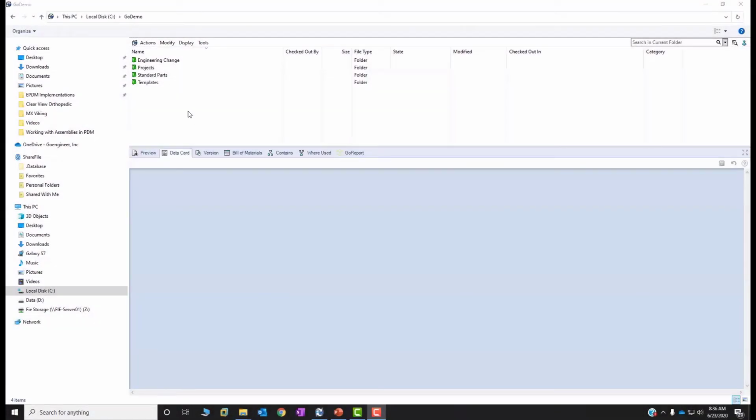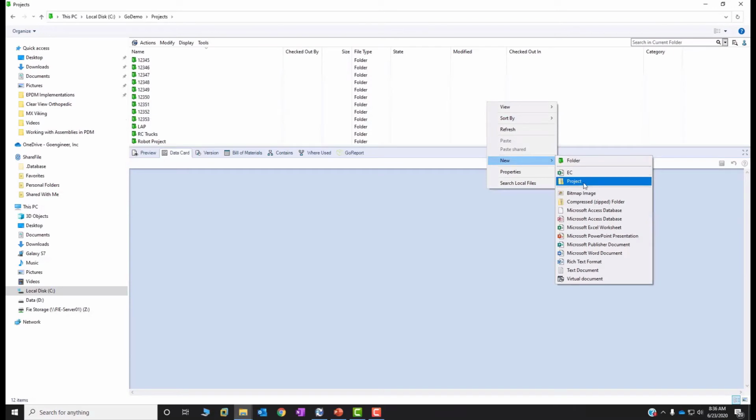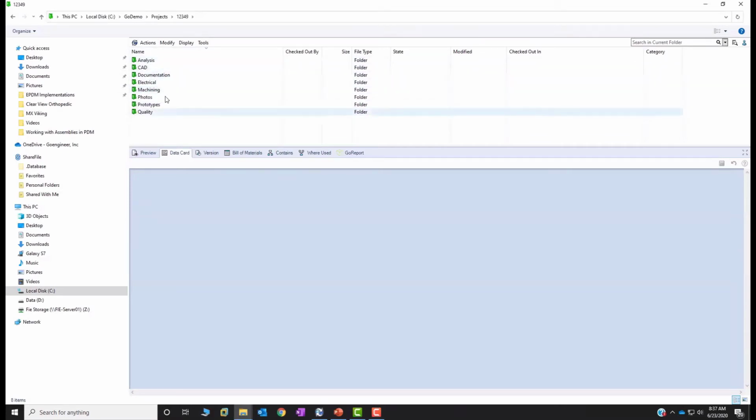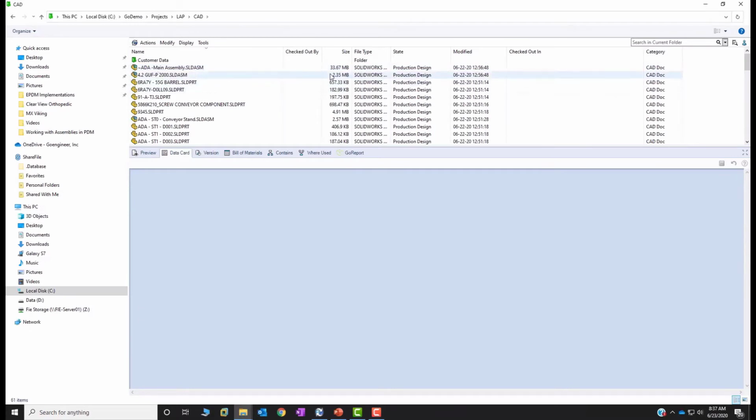So here's a local PDM vault view with folder structure in it, and this is totally customizable. This particular vault has projects, and these are serialized in this case. And I used the project template that I mentioned earlier to generate most of these. But I've also created a subfolder structure within this, right? So I've got CAD and documentation, et cetera, in there. And then I've got a specifically named one here called LAP, which is Large Assembly Performance. And this CAD directory is where I'm actually storing the main assembly model as well as all of its